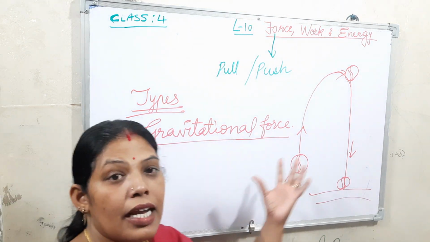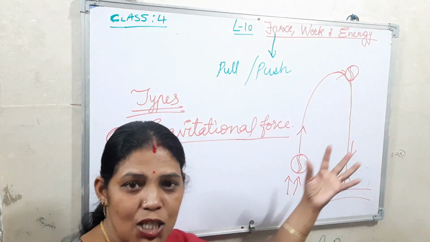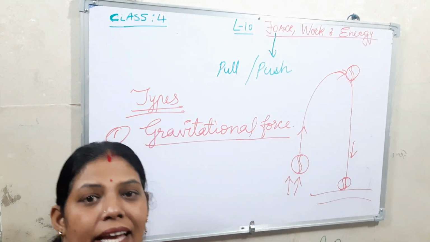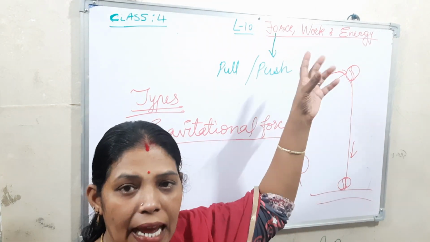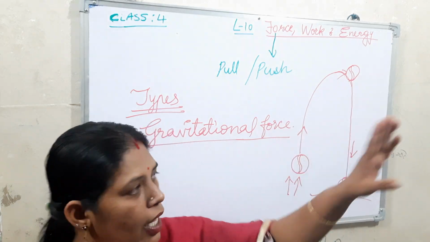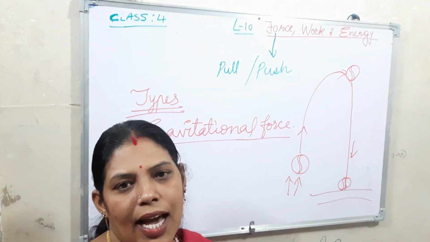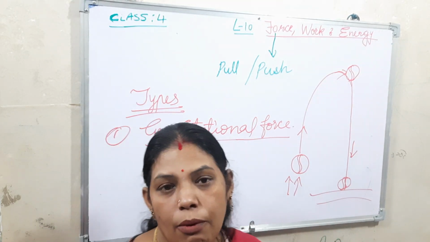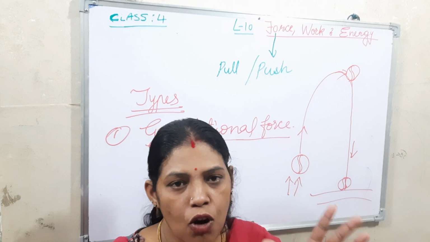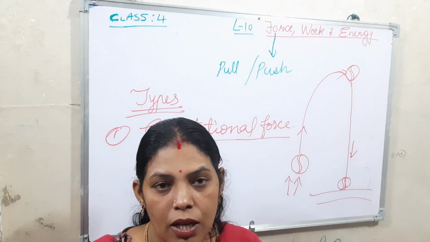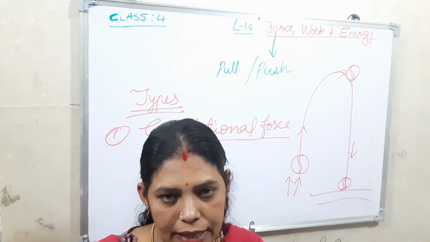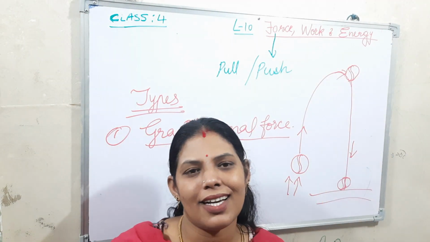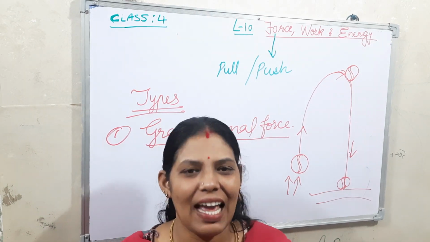The earth attracts objects towards the center, so when the ball goes up, from there it comes back again. The gravitational force is there so that it comes down only. When you are jumping, or when fruits fall from the trees, why do they come only downwards, not up? Because of the gravitational force.